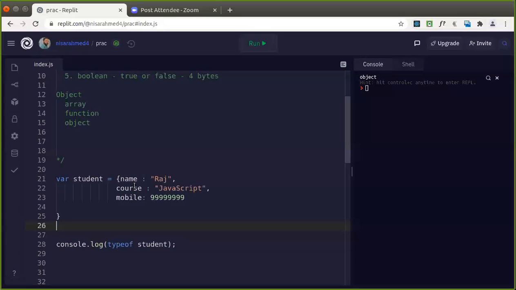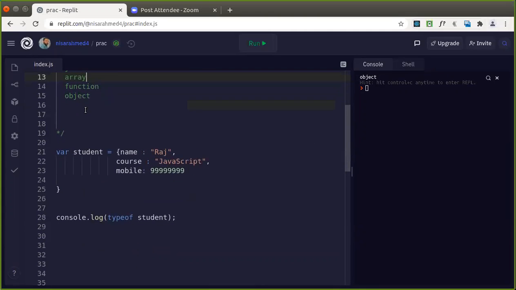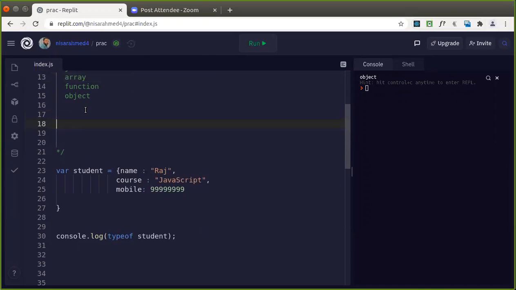So what is the memory of these? The memory of these is based on the values. Suppose you take an array that has integer and string values; the memory of that will be the combination of all the individual values. An array, object or function will have memory based on the statements that you are writing. And apart from this, we have some predefined objects to deal with data also, like we've seen Array. In the same way, we have Number, with capital N. So these are the predefined objects available for us.